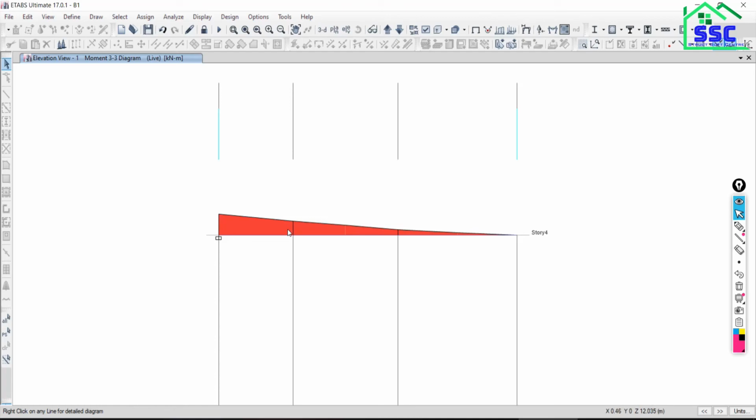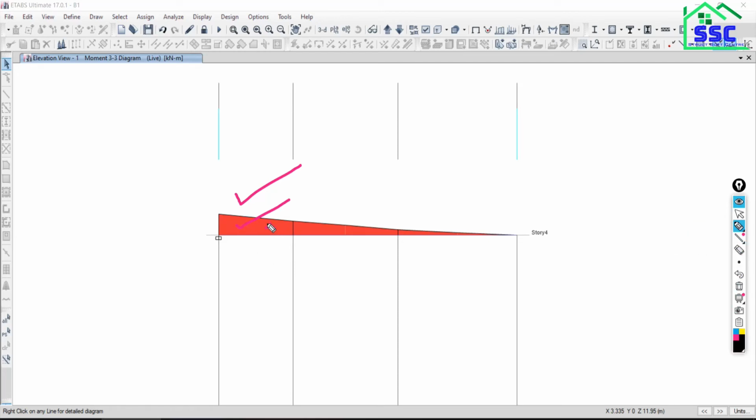So as you can see, the negative movement, very important. The negative movement will be represented by the ETABS software by red color. Remember that wherever you get the red color in the movement diagram, it means it is negative.